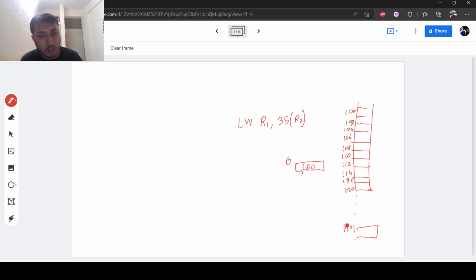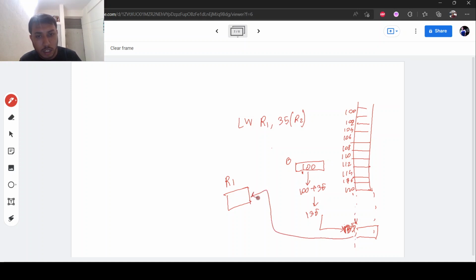So suppose this is 135. So 100 plus 35 is added, and the corresponding memory location from here, this data, this is the location, and that is being loaded